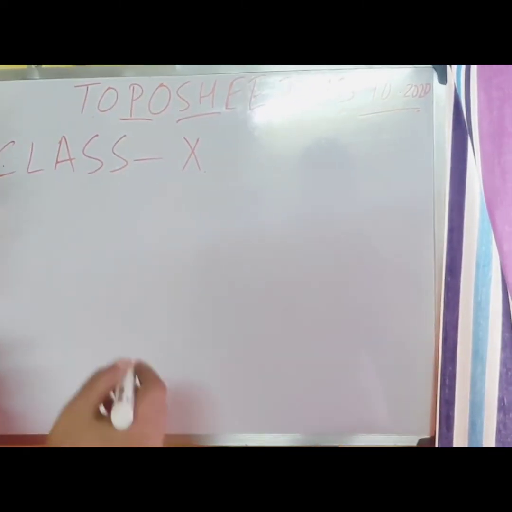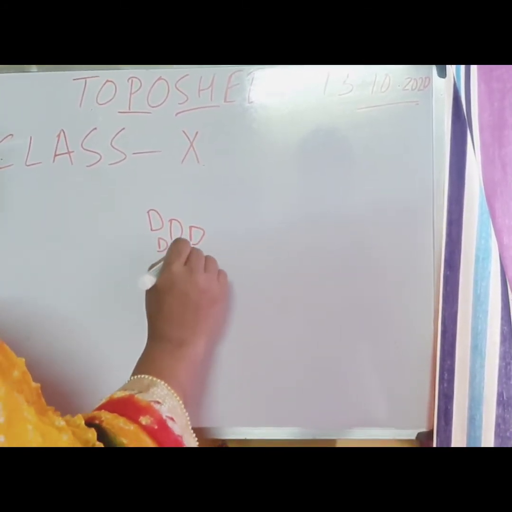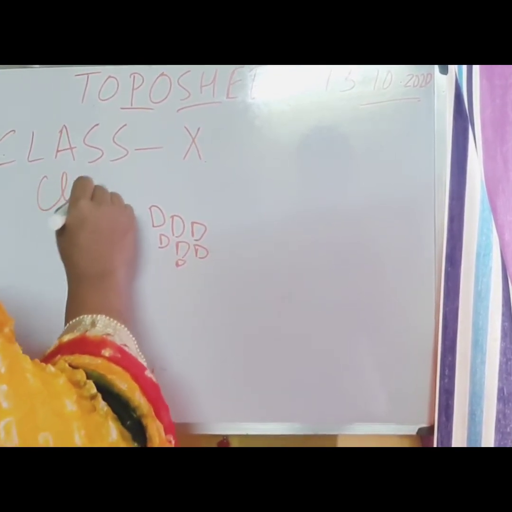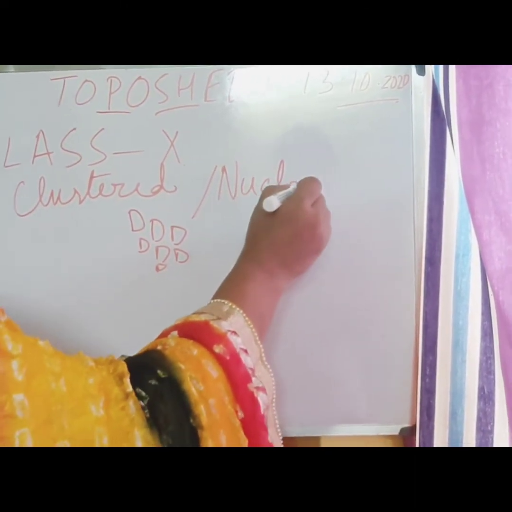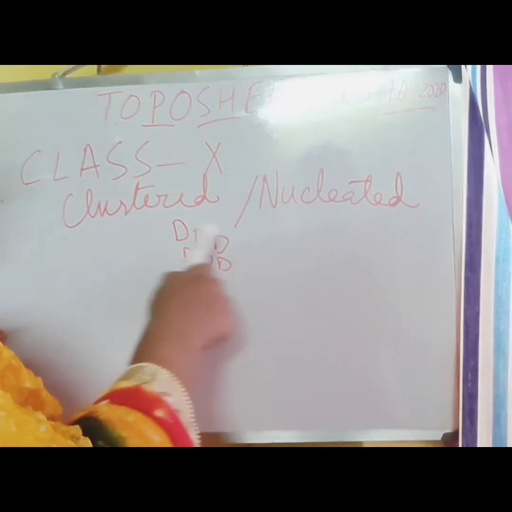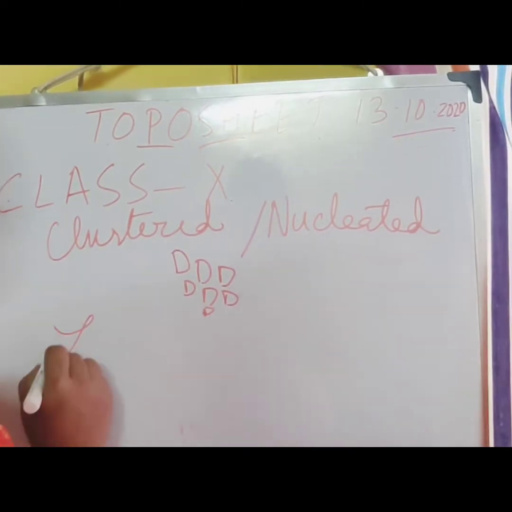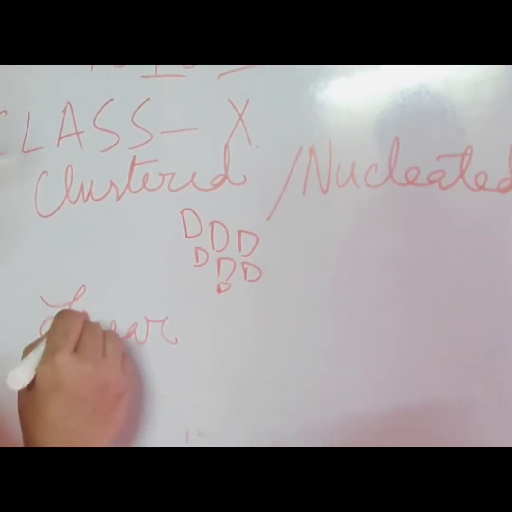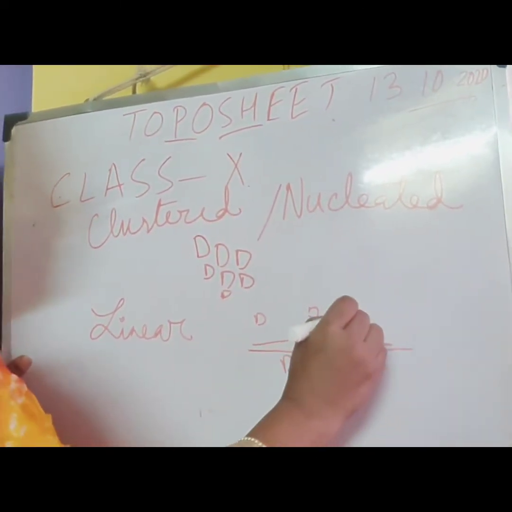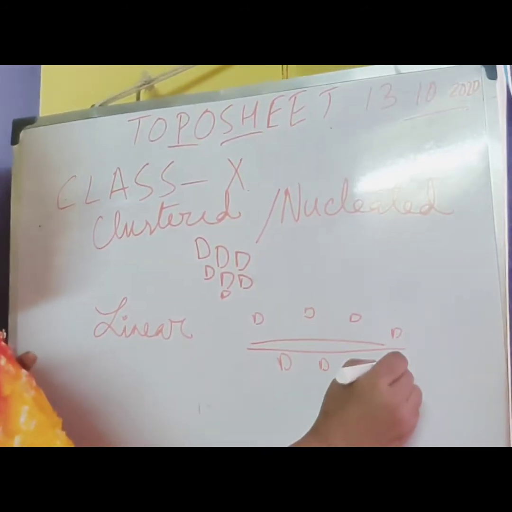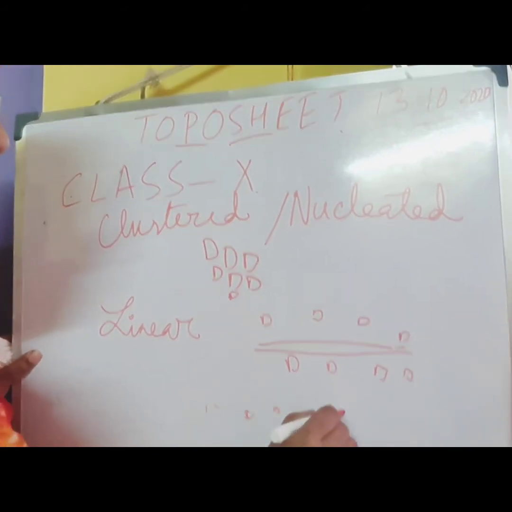Next, students, we come to the settlement. Whenever the houses or the settlements are clustered, in groups, it is called the cluster settlement or the nucleated settlement. What does it mean? You can get a question, what does it mean? It means that the settlements are in groups or in clusters. Now, whenever the settlements are in a line, for example, there is a road here, and on both sides of the road you have settlement, here in the line, it is called the linear pattern of settlement. And then we can also have settlements which are scattered.